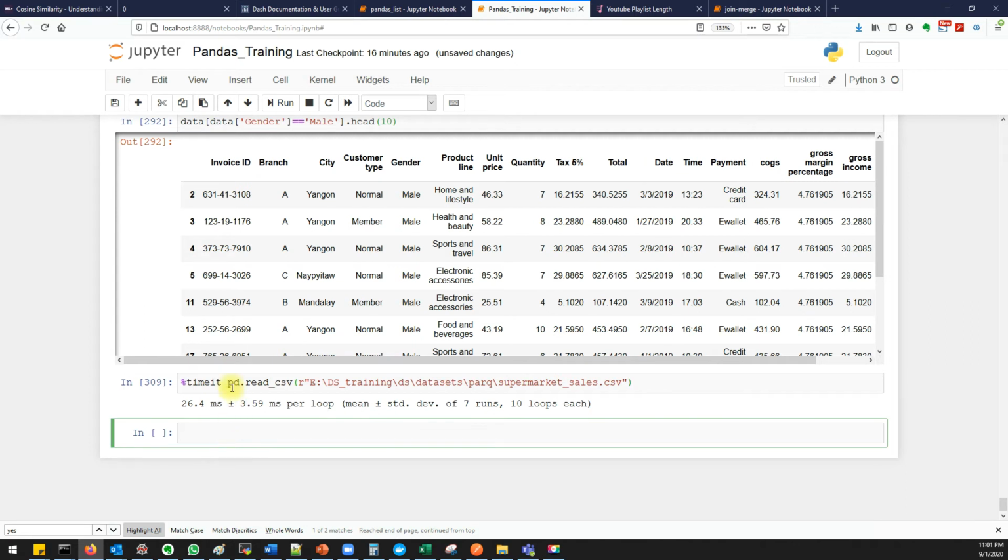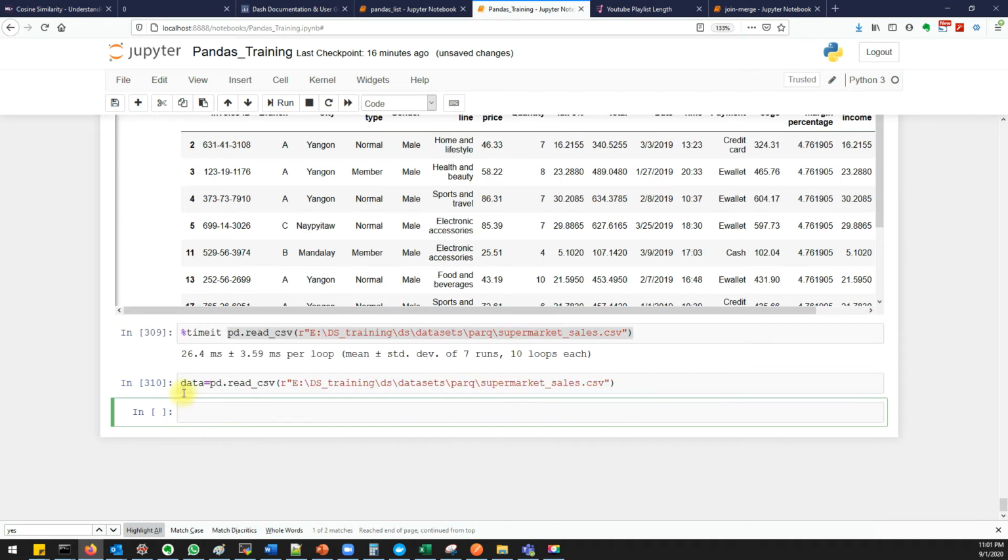Now let me store this file in a variable called data. When you're using pandas, the best part is you need not write any specific logic or special code to deal with Parquet formats. When I want to write this data as Parquet, we have an option called to_parquet.